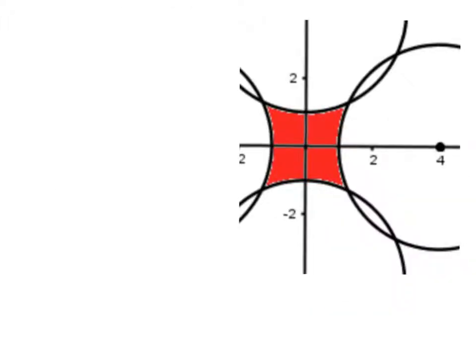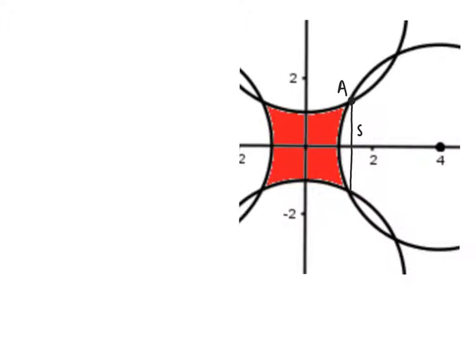So there are 3 areas to find. First, the area of the square whose side is S, here. Then the area of the triangle, and then the sector. Now let's start with S. We need to find the side S, which is the distance between 2 points of intersection of one circle with 2 other circles. But because of the symmetry, we just need to find 1 point of intersection here,